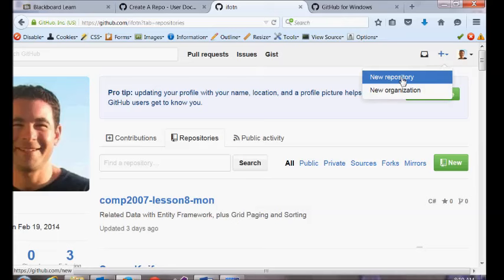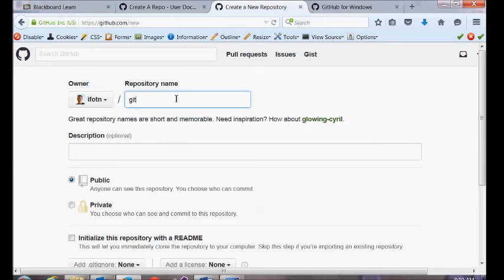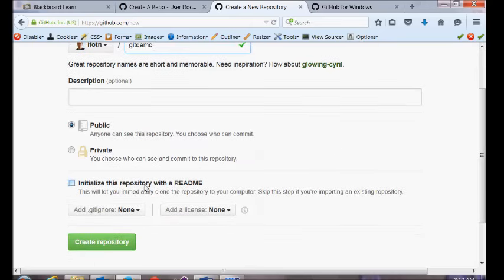So in your browser tab, when you're logged into GitHub, how do we create a new repository? Here's my account. I've got all of these repositories. Each application is considered a code repository. You can create an unlimited number of repositories. Up at the top right, if you click on this plus sign, it says create new. If you click on repository,